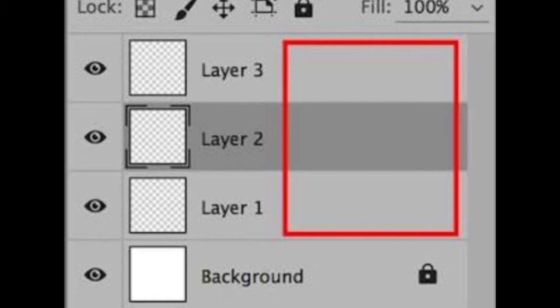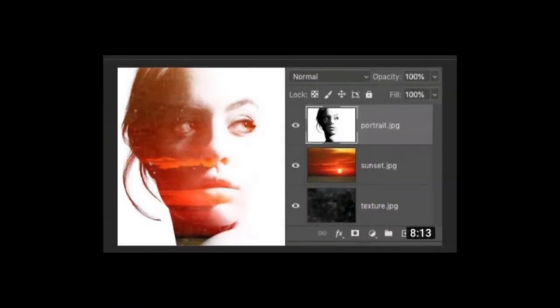The layer panel displays the layers of the image in the order in which they are placed. Here you can see this is the layer panel. In this layer panel you can see the different layers, and you can select those layers and do the editing on those layers. You can use it to control how the layers interact. Now you can see in this figure that there are different layers, and there is a main background layer, and the other layers are used to do editing.